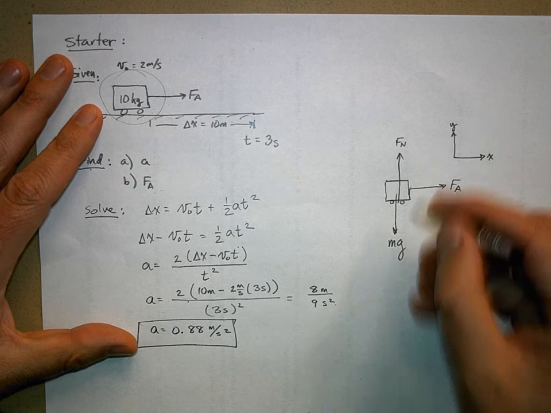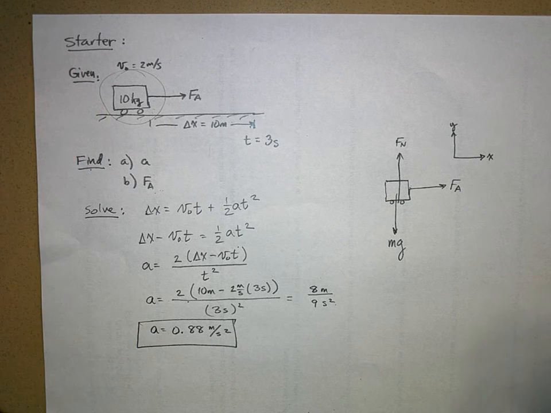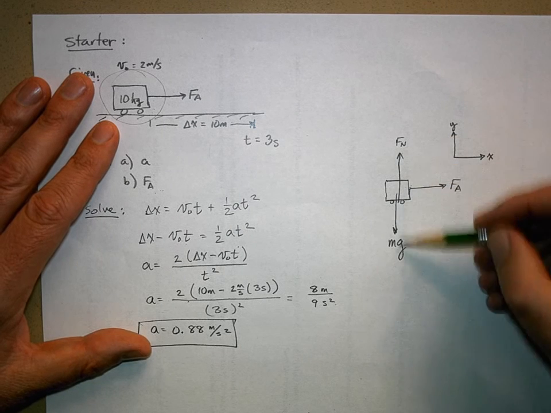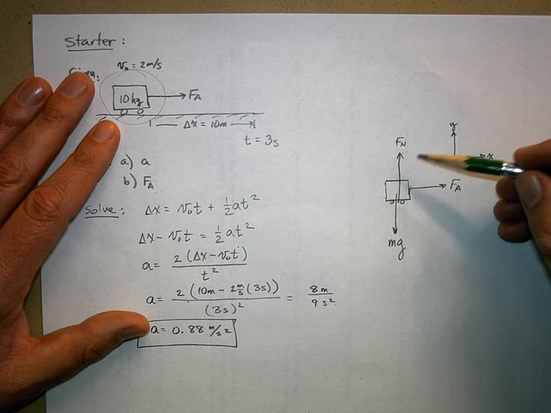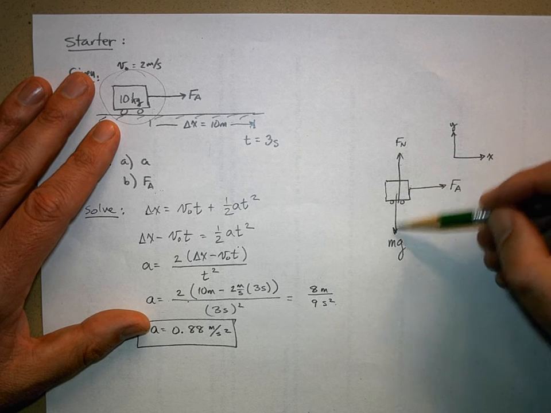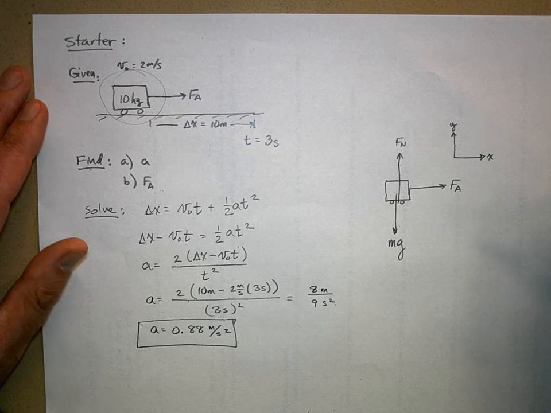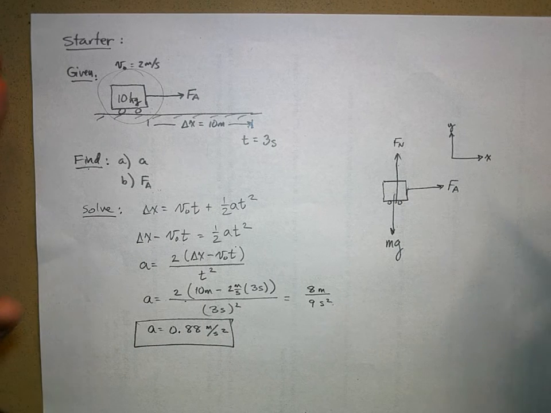Now we can go to step 4, which says use Newton's second law in the x direction and in the y direction to solve your problem. Now, in the y direction, we don't really need to, at least not yet. The normal force will be equal to the weight. I think that's pretty easy to see there. But in the x direction,